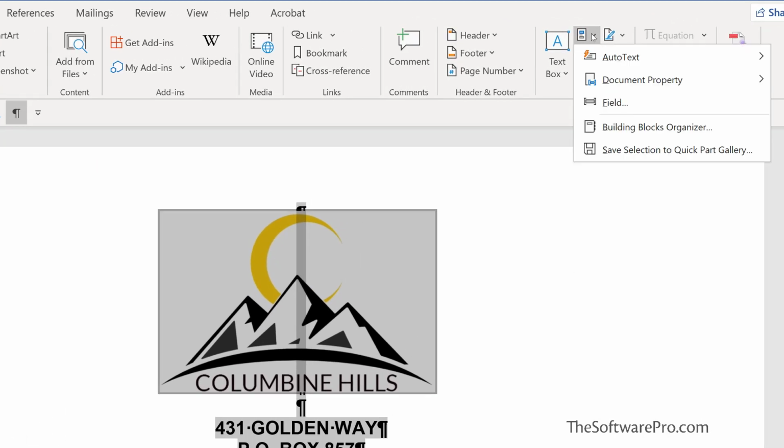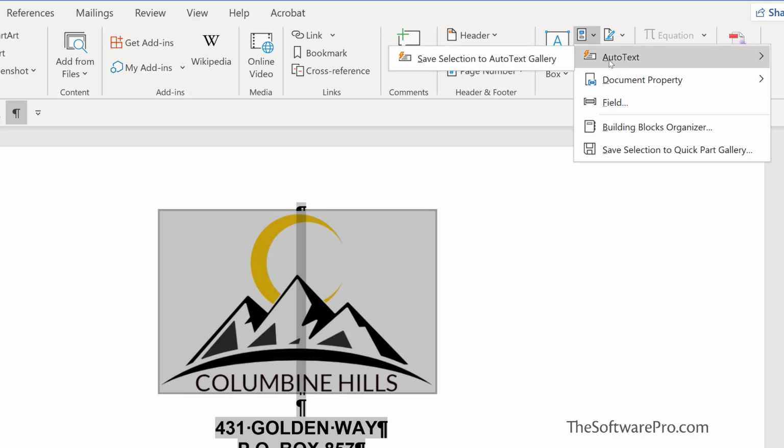In Word, you can use the Quick Part Gallery to create, store, and reuse pieces of content, including auto text, document properties like the title and author, and fields. All of these reusable blocks of content are also called building blocks. But in this training, our focus will be on auto text, which is a common type of building block.